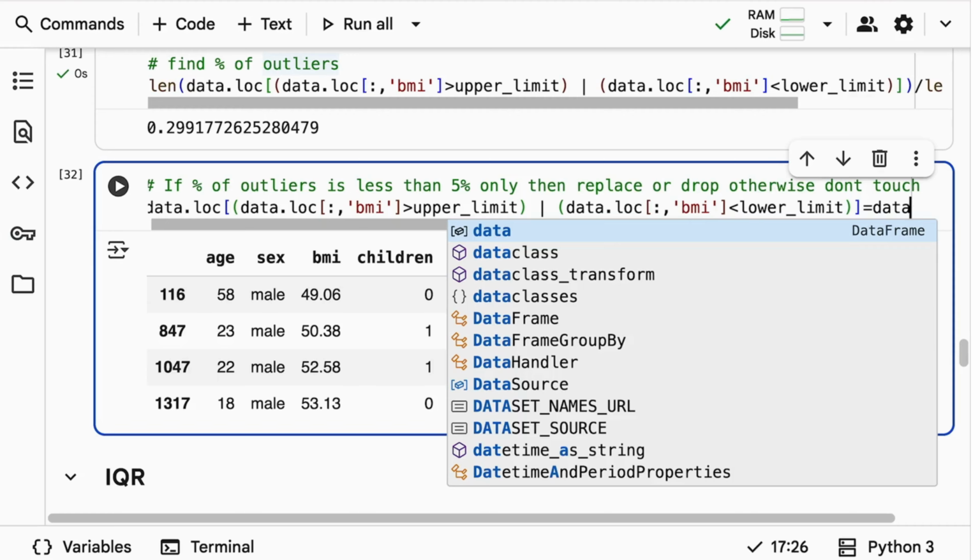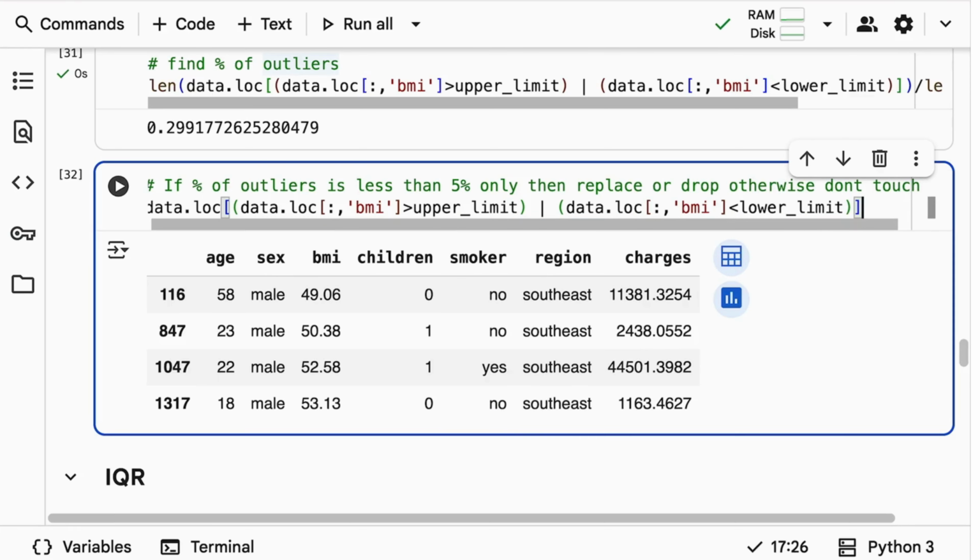For that, I can use a formula to find the mean of BMI. You can just use data.loc BMI.mean. That basically tells you how to find the mean. Once you find the mean, assign that value to the BMI values that you have filtered out from your outlier condition. Okay, so that's what you have to do here.